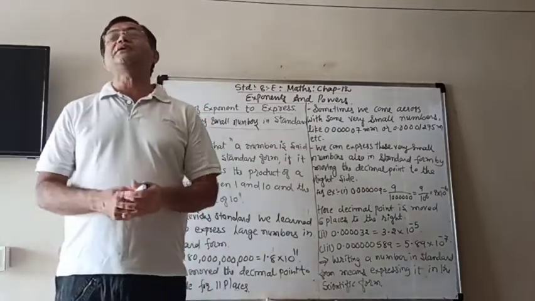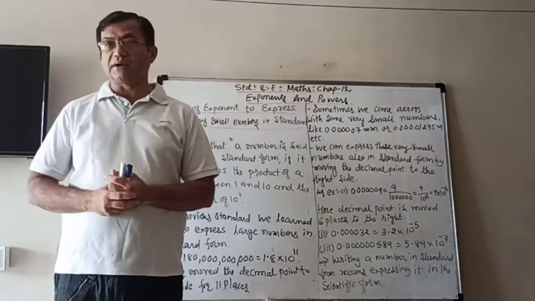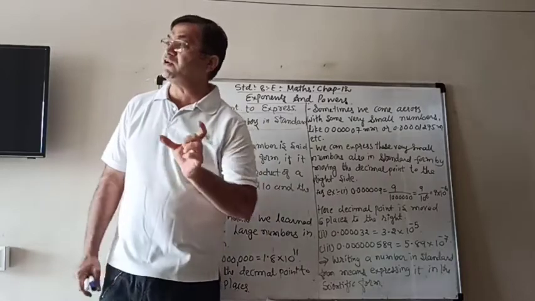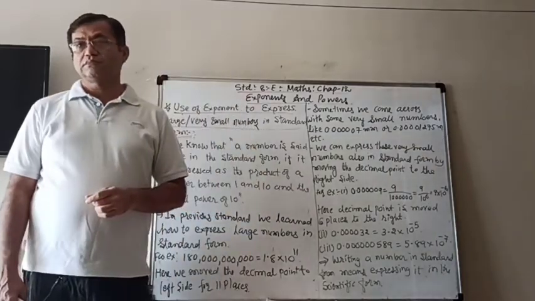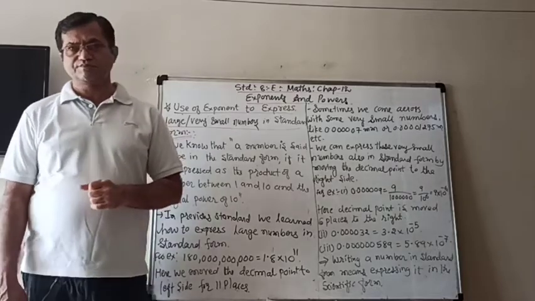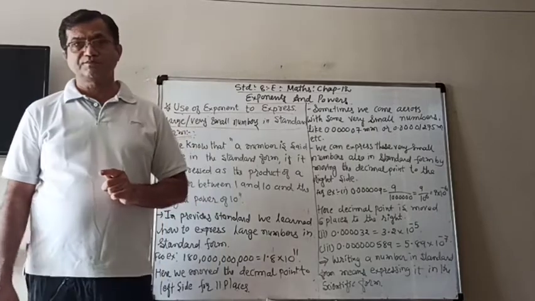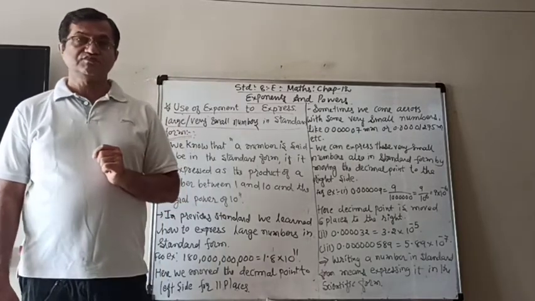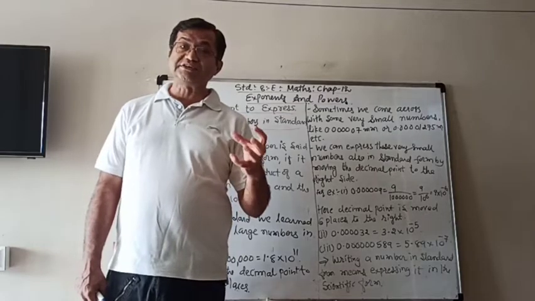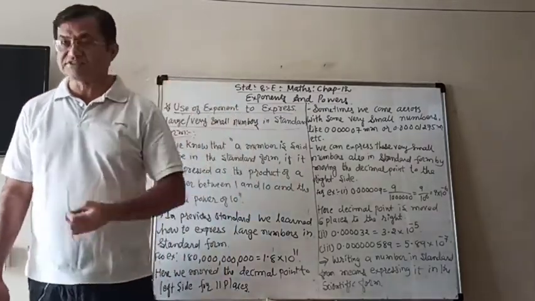So when it is a very large number, then we write it as a product. Means there are two numbers multiplied. The first number is between 1 and 10, and with that there will be an integral power of 10, means 10 raised to power something,